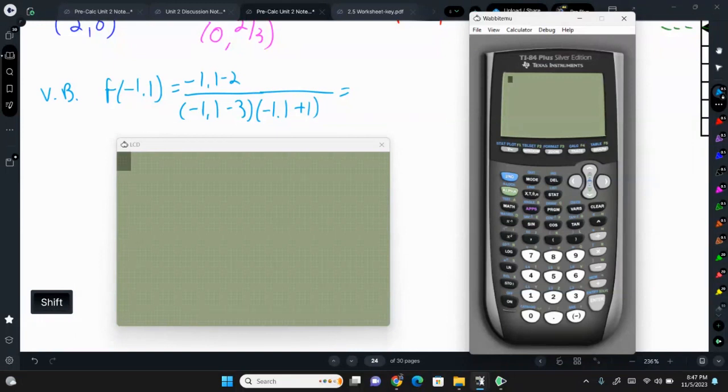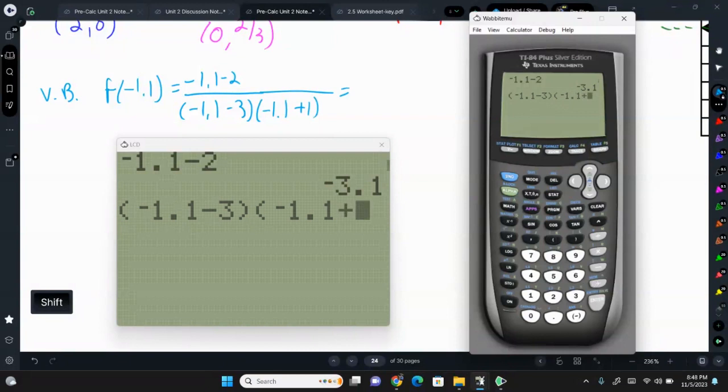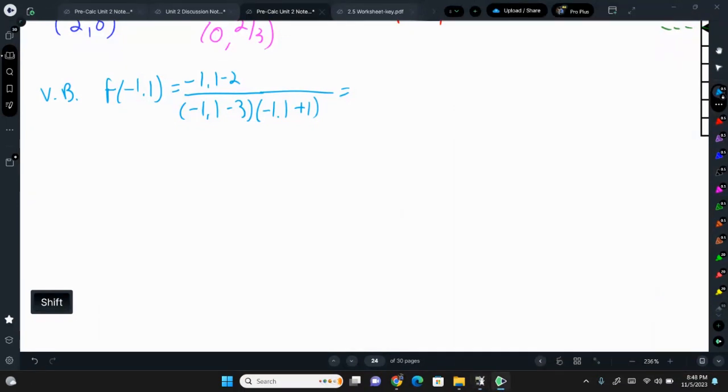So in the numerator, we have negative 1.1 minus 2. And in the denominator, negative 1.1 minus 3 times negative 1.1 plus 1, positive. So we have a negative in the numerator, positive in the denominator, so it's going to be negative, so